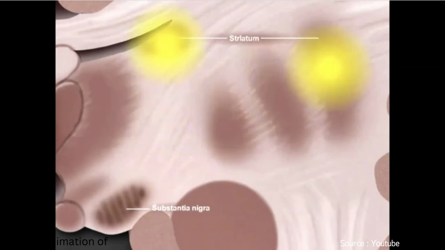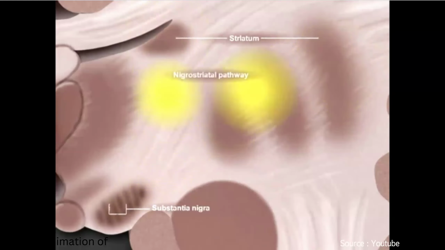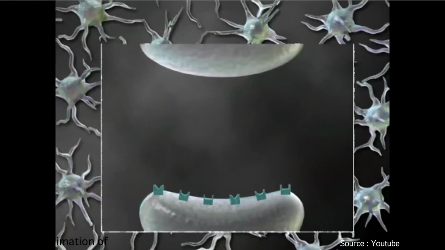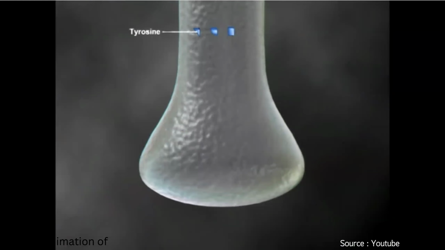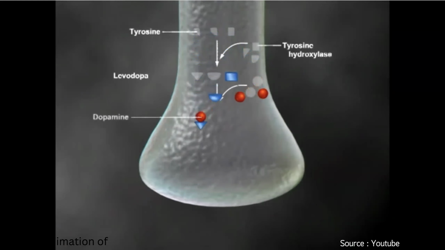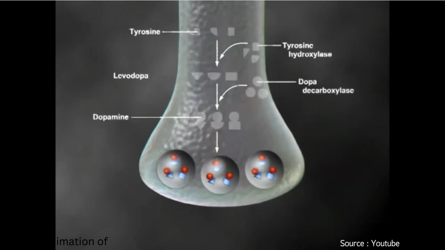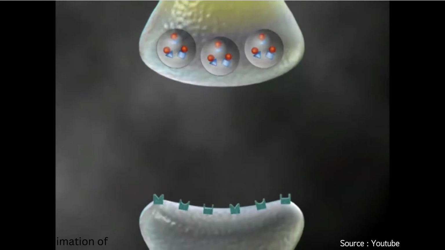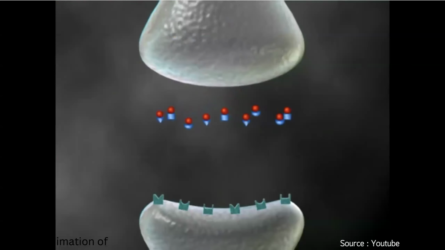These are deep nuclear structures, and the most important for us is the substantia nigra at the bottom of this system. The substantia nigra transmits signals which control movement, in a better way or a worse way. These chemicals are primarily produced from tyrosine, if you remember that. Tyrosine is converted into levodopa using the enzyme tyrosine hydroxylase, and levodopa is further converted into dopamine using dopa decarboxylase, and that is kept in the tip of the